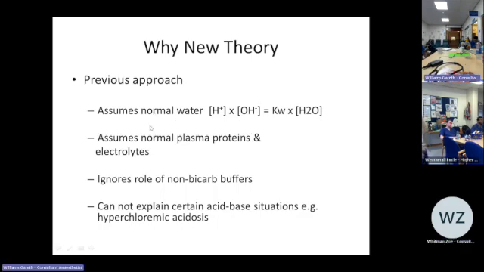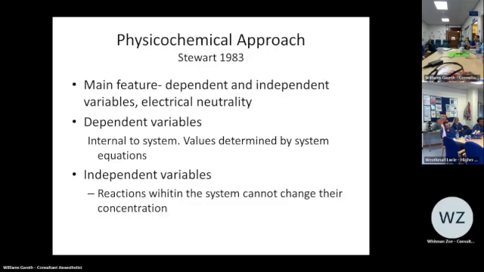So, yeah, total body water we ignore. We also ignore the presence of plasma proteins and other electrolytes that can act as buffers within physiological solutions. Other non-bicarbonate buffer systems, phosphates, sulfate systems. And what we find, therefore, is we can't always explain acidemias and acid-base disturbances perfectly, and hypothermic acidosis is the much talked about one. So he sat down and tried to bring these other elements in